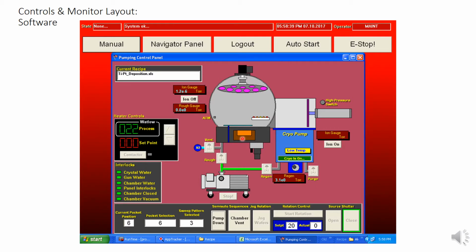Looking to the monitor, we see the main software interface. Notice the 5 main buttons along the top. This screen, the pumping control panel, is usually up. If not, go to Navigator panel and then select pumping control to open it. From here we can control valves, open and close the shutter, vent and pump the chamber, manually rotate the dome,